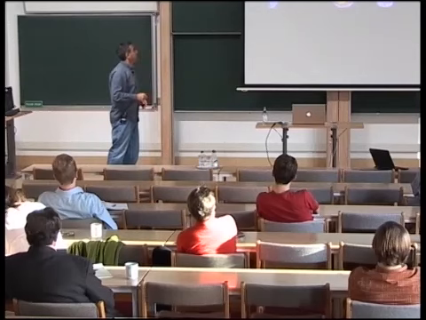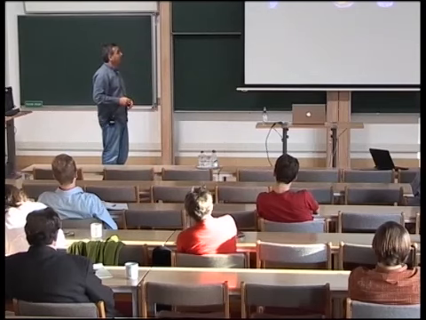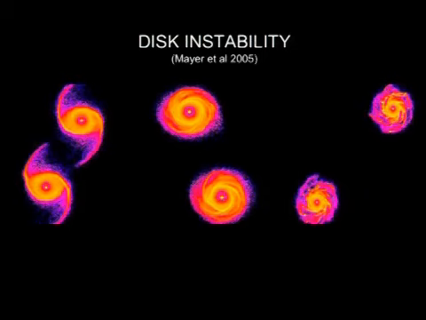But Lucio Mayer has been able to show that if you do disk instability, you may be able to form giant planets around the components of a binary. However, the mechanism works for binaries beyond 100 AU. The reason is that Andy Nelson, also one of the people who does disk instability, has shown that for binaries around 50 AU, neither core accretion nor disk instability will work and produce giant planets. So they were able to show that once you increase the separation of binary to 100 AU or larger, you may be able to get giant planets forming around each component of the binary, but that is as much as we know at this stage.